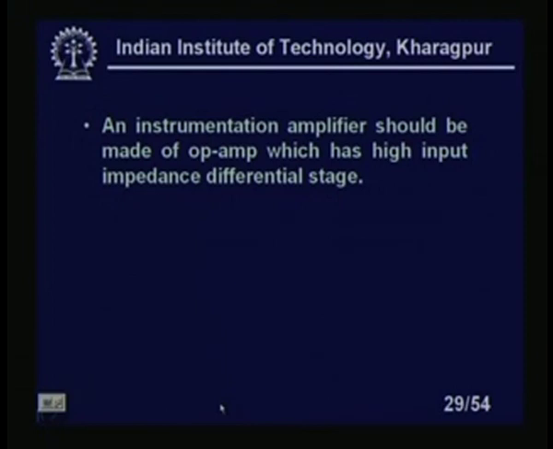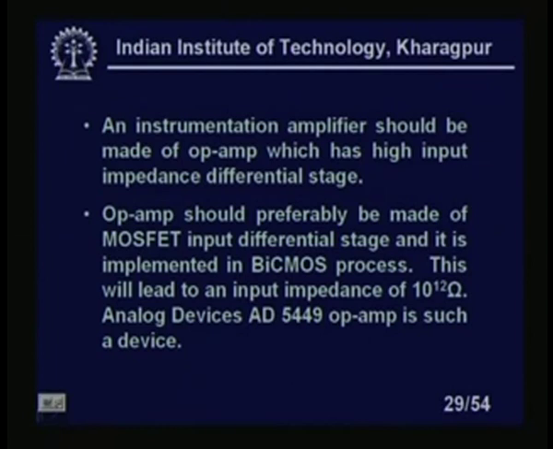An instrumentation amplifier should be made of op amps which have a high input impedance differential stage. Its input impedance is higher than the op amp, and its common mode rejection is also better. But first of all, I need a very high quality op amp, with high gain as well as extremely high input impedance, otherwise you cannot measure. Please note, the op amp should preferably have a MOSFET input differential stage,